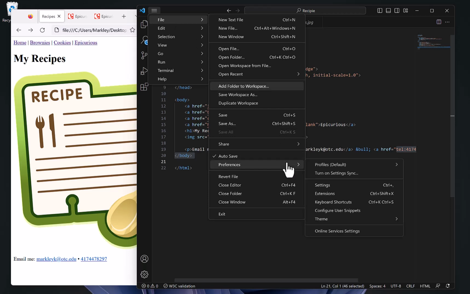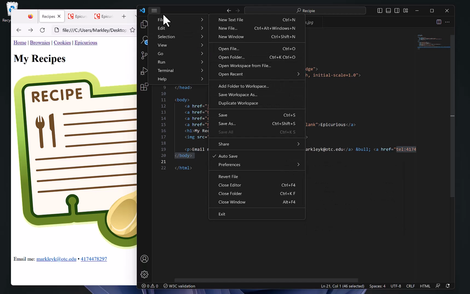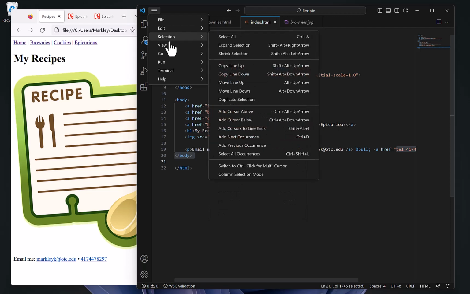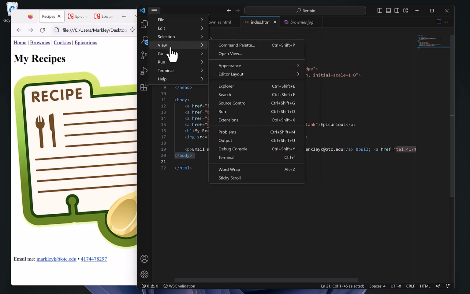File, Preferences, nope, now I don't know where, shucks, I might have to do that in another video. Edit, Selection, oh, I bet it's under View. Yep, so if I look under View, it took me a moment to find it, View and Word Wrap, that's going to be very handy because